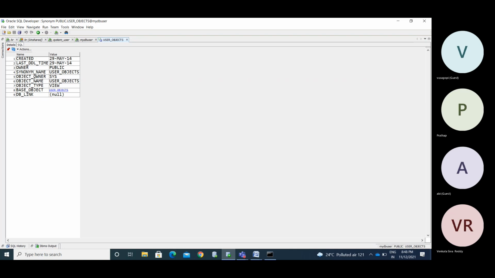USER_OBJECTS, SYS. So the SYS user created the object named user_objects. Object type is view. For this user_objects view, he created the public synonym. Okay, this is a public synonym.